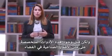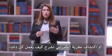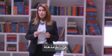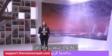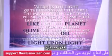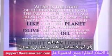But before the existence of these specialised instruments that detect the fluorescent light emitted by plants on planet Earth from satellites in space, or the discovery of the quantum theory that explains how it all works, the Quran actually addressed this issue in a fascinating verse. In verse 35 of chapter 24, the Quran says, "Allah, God, is the light of the heavens and the earth. The parable of His light is like a niche, in it is a lamp. The lamp is in a glass. The glass is like a brilliant planet lit from an olive tree, which is neither of the east,